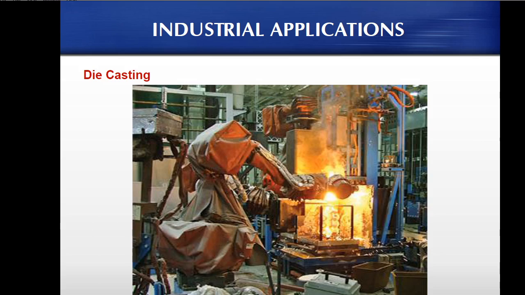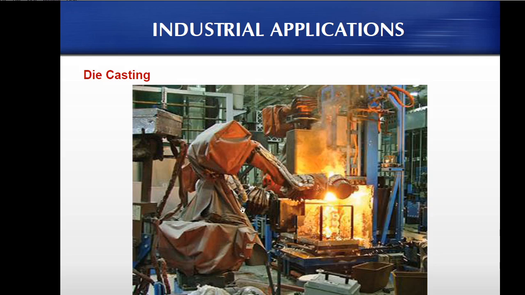Okay, then we have the die casting application where you can see that you are performing some very high temperature operations, and this is a robot. So this robot's material has to be protected from this high temperature, so we can see it has been covered, so that has to be taken care of. Okay, so the materials, everything should be taken care of, and you can see here the hot molten metal or some particle is being picked and dropped,